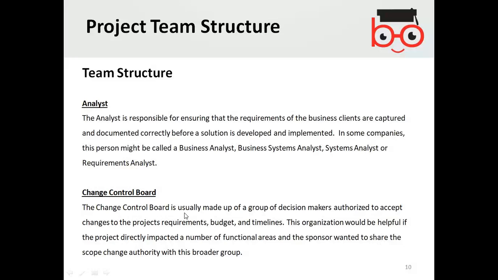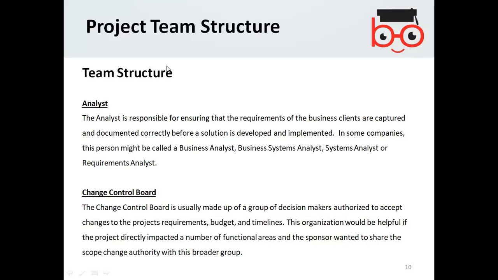Change control board. The change control board is usually made up of a group of decision makers authorized to accept changes to the project requirements, like budget and time scales. So this group is basically responsible for looking after and approving any changes to the project regarding budget and timelines. This organization would be helpful if the project directly impacted a number of fundamental areas and sponsors wanted to share the scope change authority with a broader group.